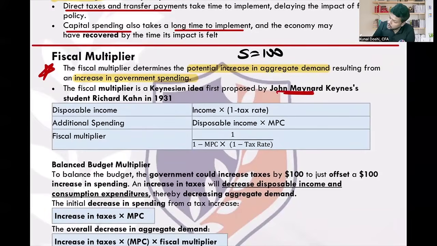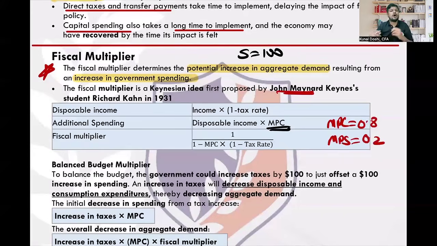Now, two terms that we need to know. The first is marginal propensity to consume. What is marginal propensity to consume? Every dollar that the government spends on you, let's say the government gives me $1 in whatever form. Out of that $1 of income, how much am I going to consume and how much am I going to save? If I'm going to spend or consume, let's say, 80%, my marginal propensity to consume is 0.8. So what is the savings? The remaining 20%. Out of every dollar, how much am I saving? 0.2.